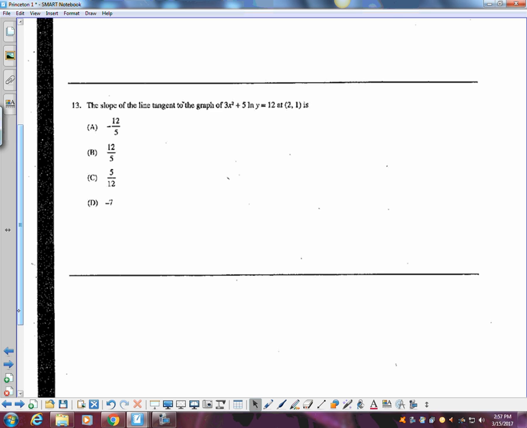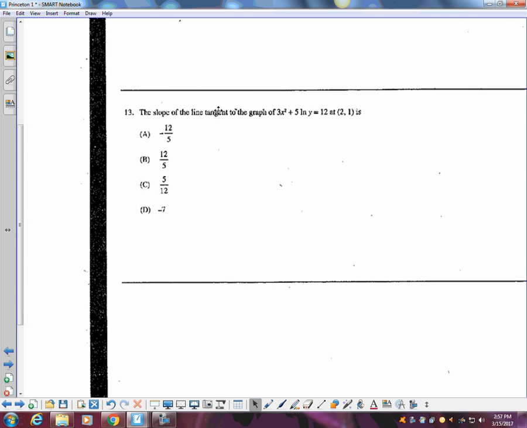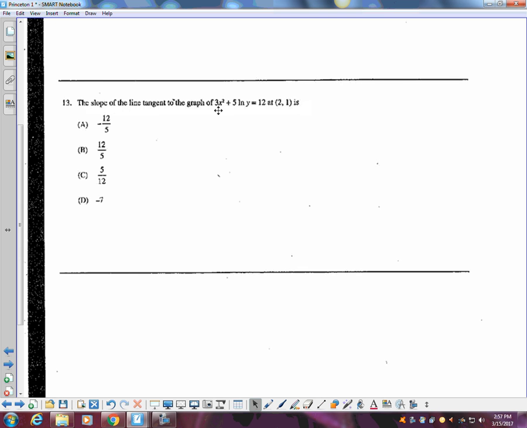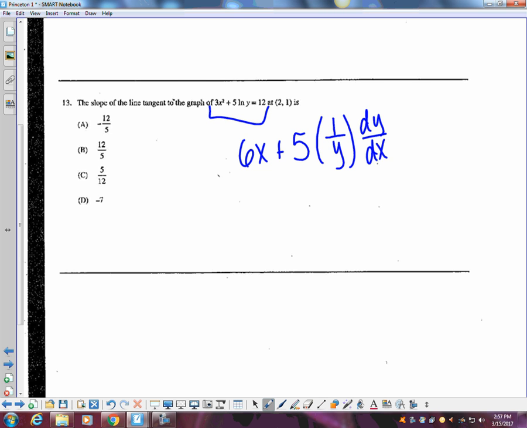Slope of the tangent line to the graph of that at 2, 1. The slope of the tangent line. What does that mean? Find the derivative. What kind of differentiation do we have going on here? Implicit. Ready? Go. 6x plus 5 is a constant. 5 dy dx equals